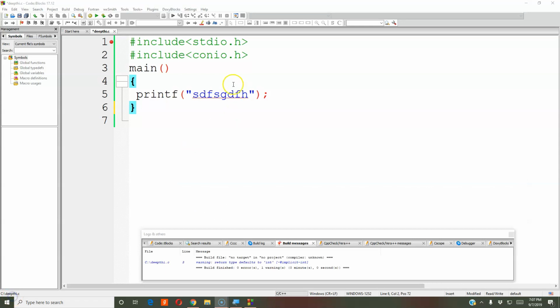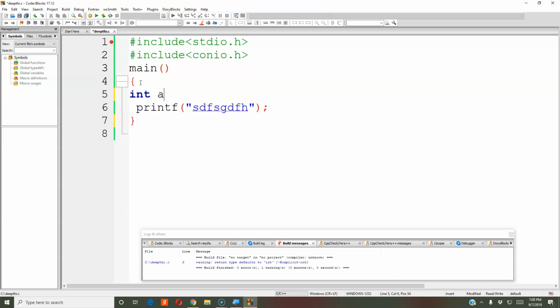Fine. Okay guys, next let us go to one more example. Instead of just printing the message, let us declare variables. Control Z. Okay. Int is the inbuilt data type in C for using integers.